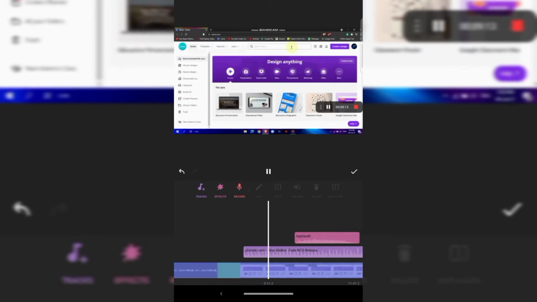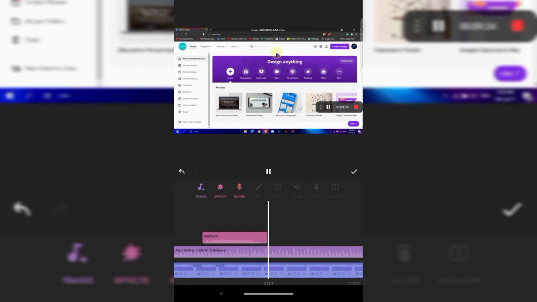So here when the white line comes here, it will be there. So make sure that the rectangular part, when it ends, the content also ends. For example, let me share the video.